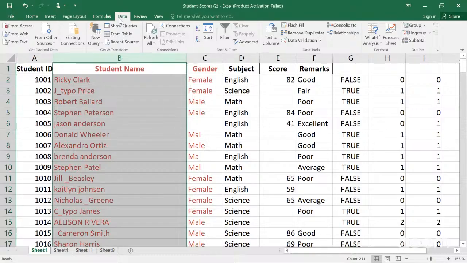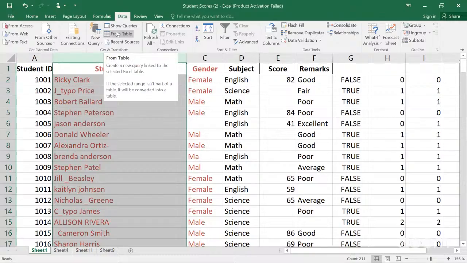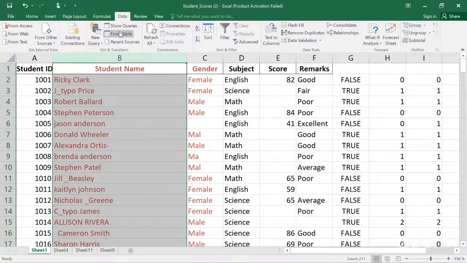Okay, sorry about that. So, I said for you to perform this function, you go to the data tab and then you move to From Table. Mine is located just beneath that data tab. You see From Table. Are we together? Have we located that? Yes, From Table. If you check From Table, it says create a new query linked to what? To the selected Excel table. So once you click on it,